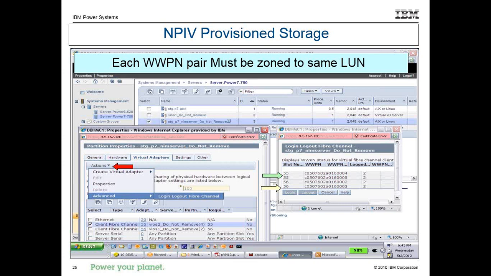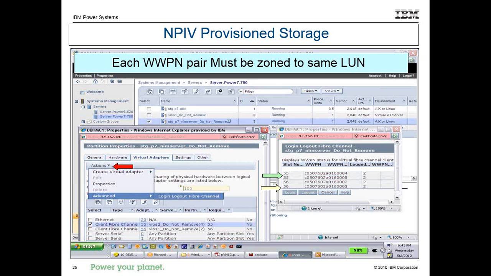Now, what happens with NPIV is you can use NPIV, virtual fiber channel, and you get a pair of virtual WWPNs, which is shown here on the right side, and they have these C0507 numbers. Those don't look like a normal WWPN of an HBA, which are always 10-something numbers.